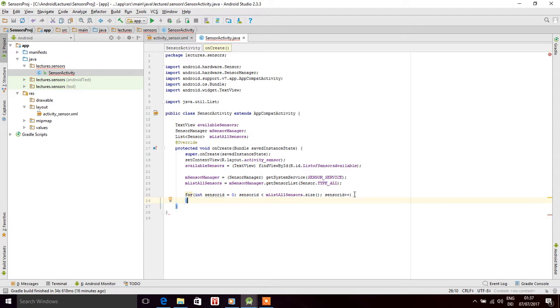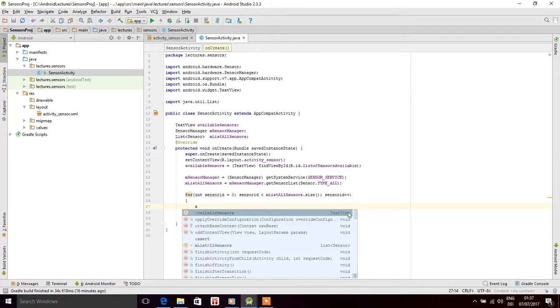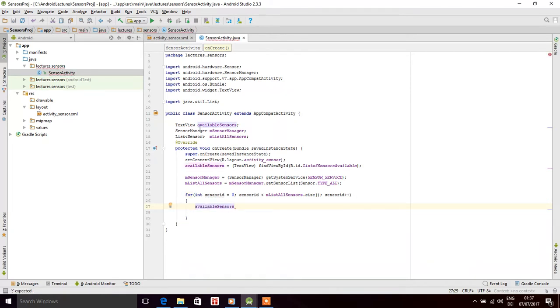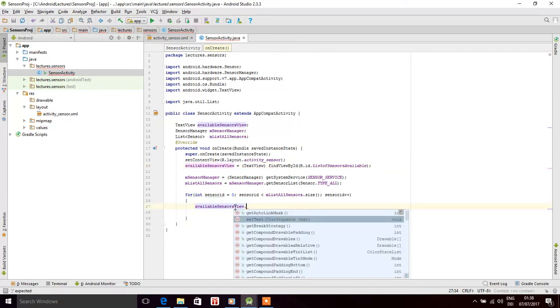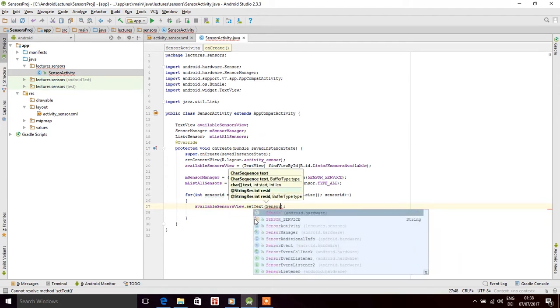And now we have these braces, and now here we will use our text view, available sensors view. We can call it available sensors view. Available sensors view dot set text, and we can say sensor,